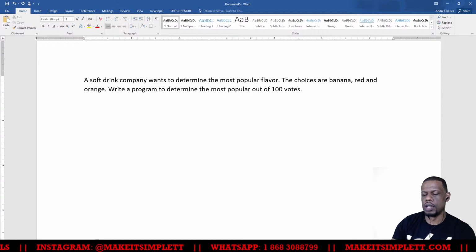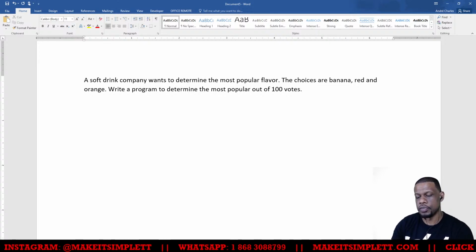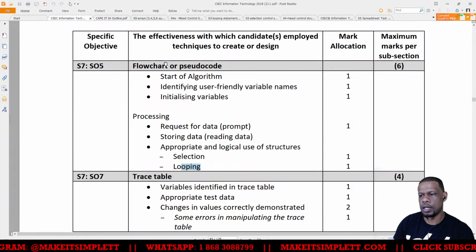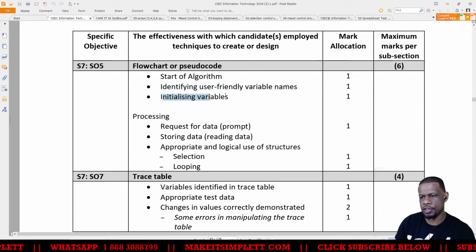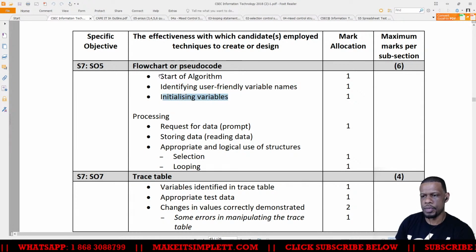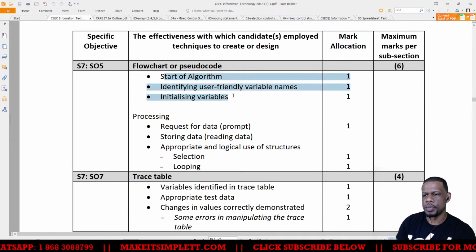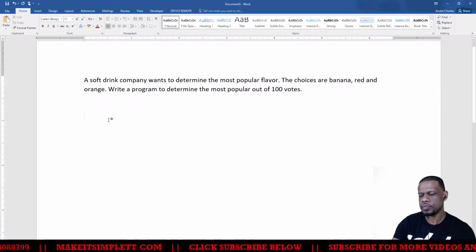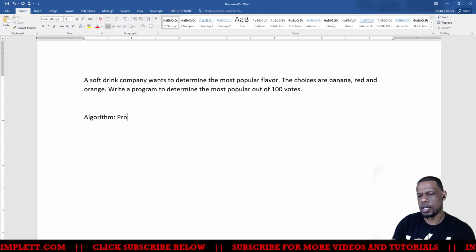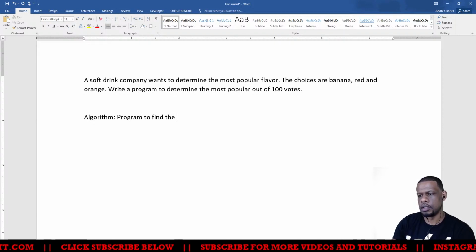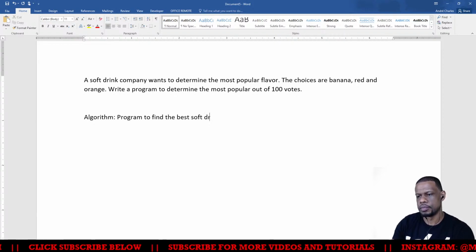Whenever you're doing the algorithm, you first have to start off by giving it a name, then identify the variables, and then initialize the variables. All these are 3 marks that you must have, and what I'm going to show you now is how to get them. So, algorithm: program to find the best soft drink.